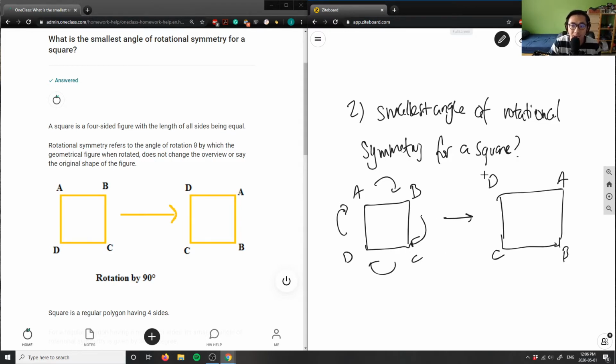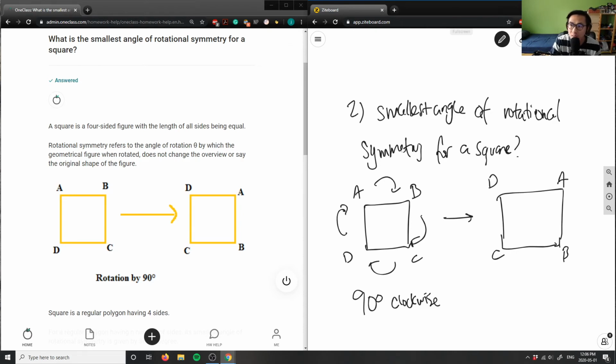So what is the smallest angle of rotational symmetry for a square? In this case, what we need to do is rotate it by 90 degrees, right? So A has to go to this one here, and D has to move up, right? So if I'm moving up by 1, I'm shifting it 90 degrees clockwise here. So I'm rotating it by 90 degrees